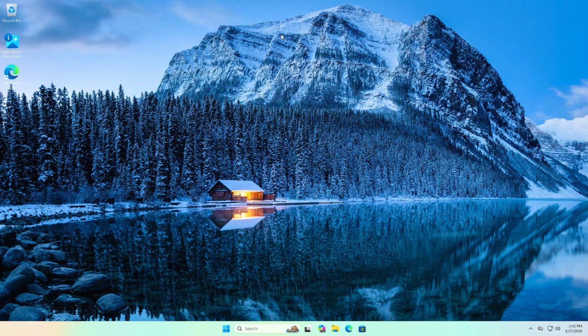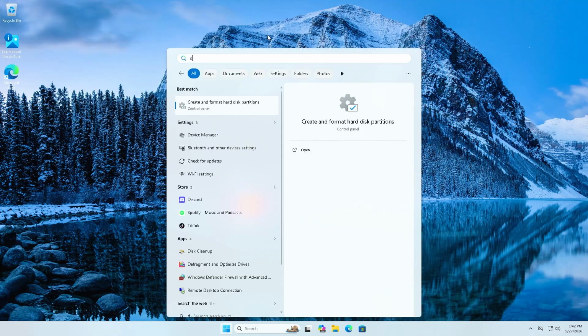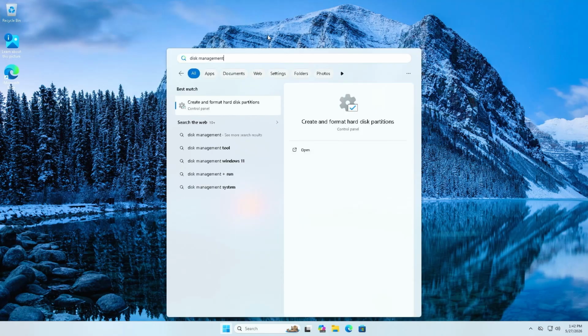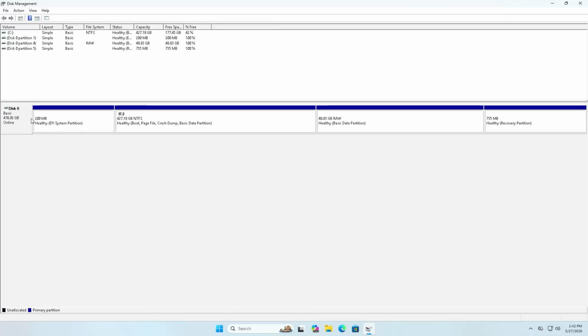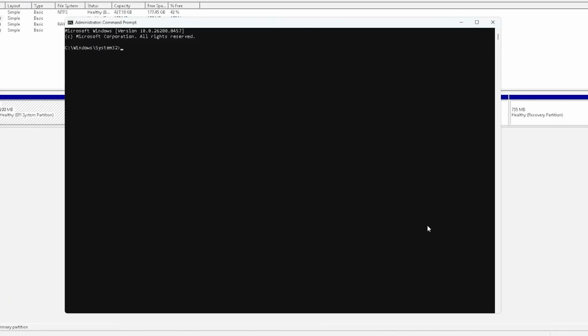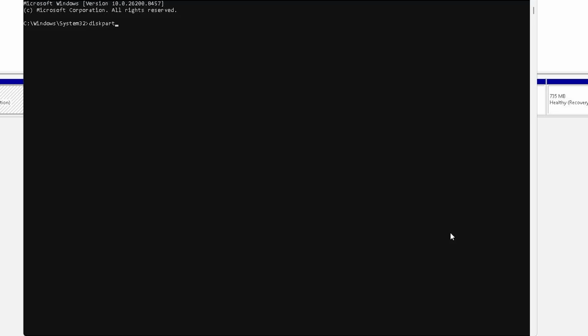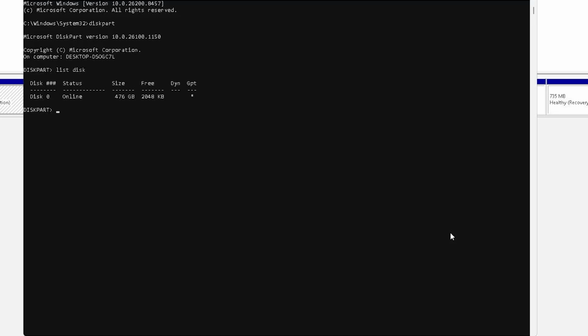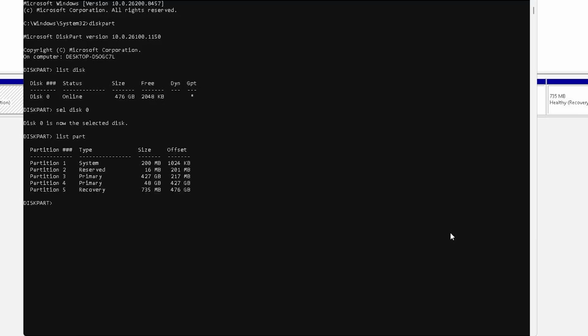I'm going to go into Disk Management. So on my computer here, I have an SSD, and there's my EFI partition, 200 megabytes. Now I'm going to open up Command Prompt as administrator. Run diskpart, list disk, select disk 0, list partitions, and I'm going to be selecting the EFI partition, partition number 1,